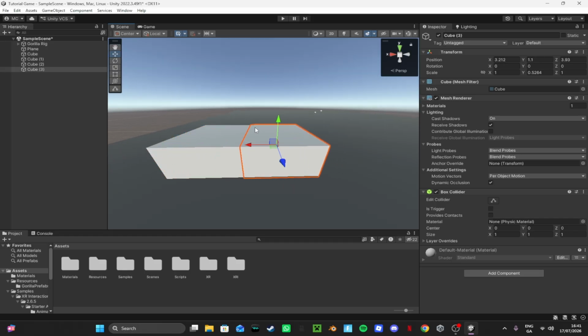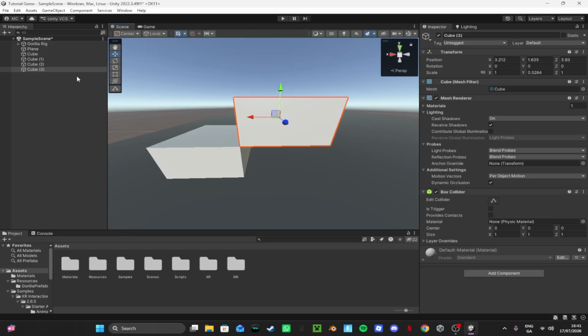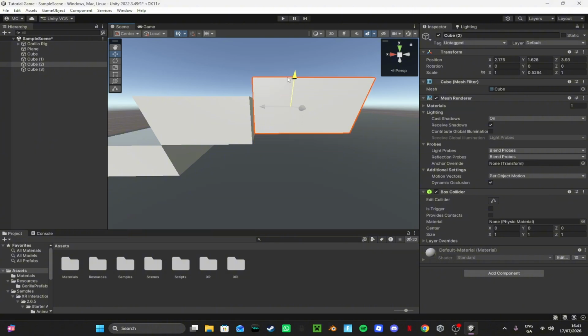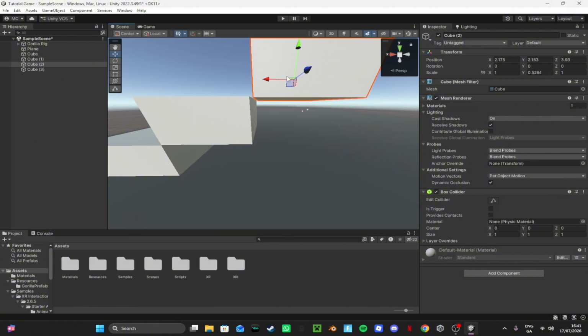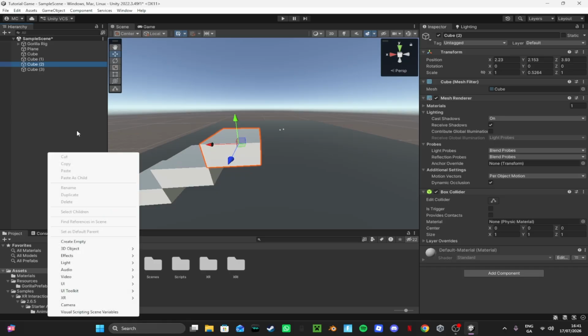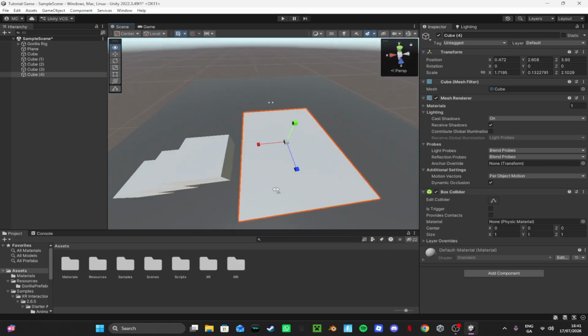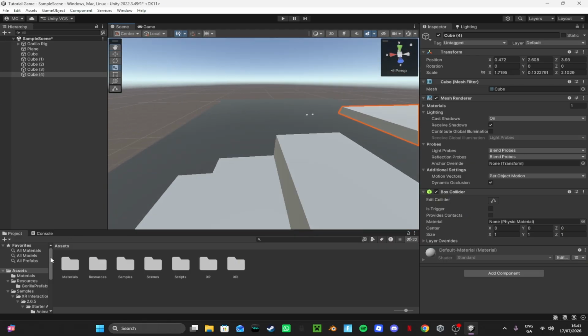So okay, yeah, I'll just do like that, and then I'll just do like a platform. So yeah, I'll just do like this random platform. Yeah, that looks pretty good. Now I'm gonna add some materials, so